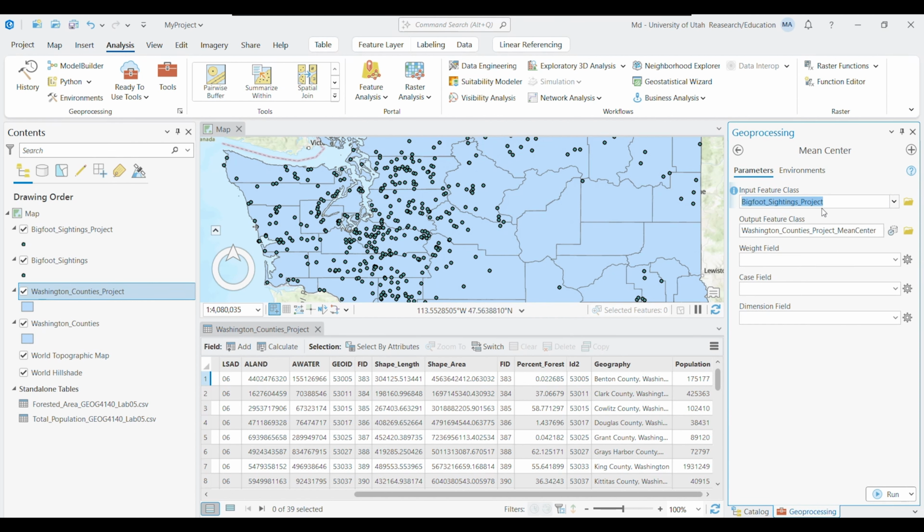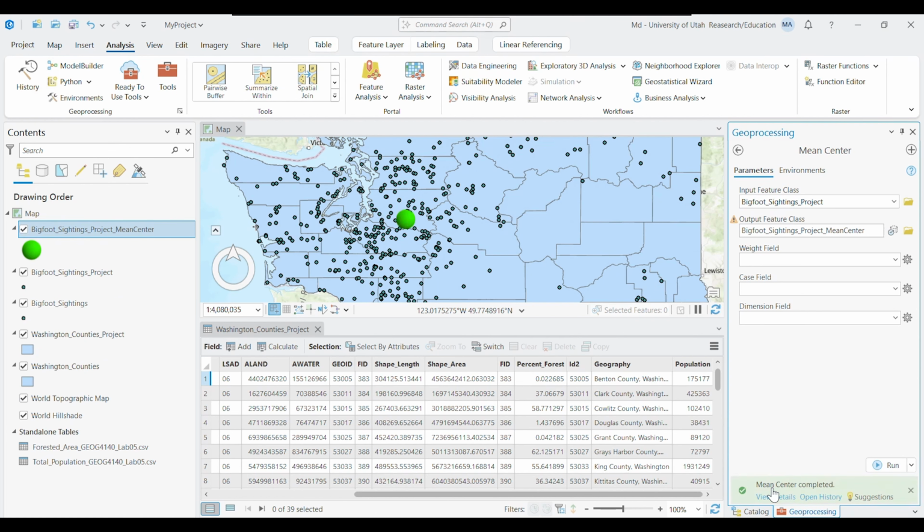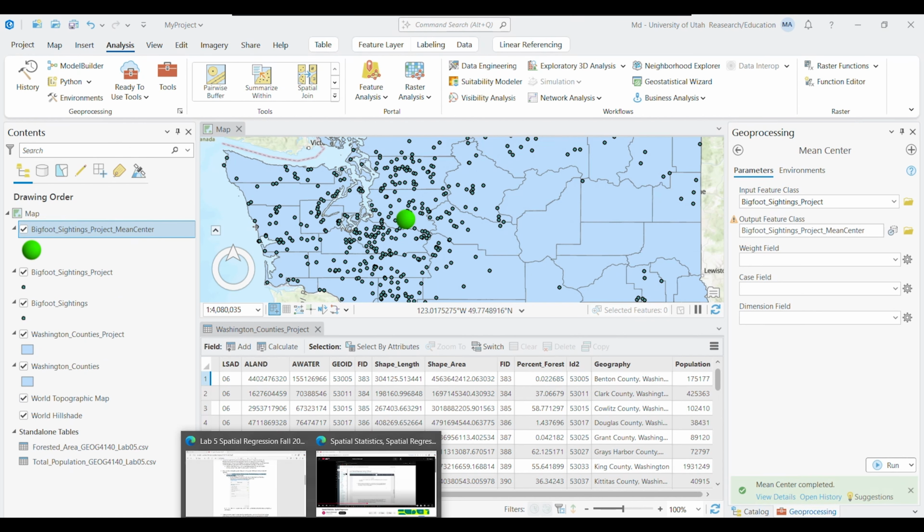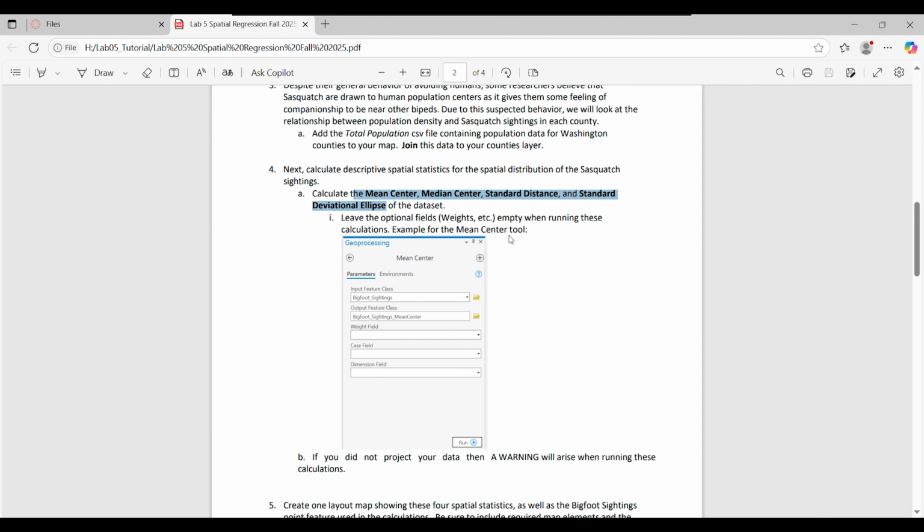This would be the input feature. The input will be the Bigfoot sightings, not the counties. So the projected Bigfoot sightings will be the input feature,